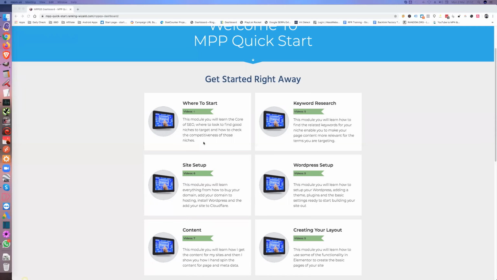The reason I'm doing that is because a lot of people think, they've got the Magic Page plugin and it's a brilliant plugin, it will make absolutely brilliant sites. And if you put the effort in, you can make sites that will rank pretty well. But you still need to do SEO to get them onto page 1 for the more competitive terms. So you still need to know that little bit about SEO. And that's something that will be embedded in the course as we're going along. There won't be a separate module for it. You will just see some of the things I do, and there will be nothing held back. You will see everything I actually do.